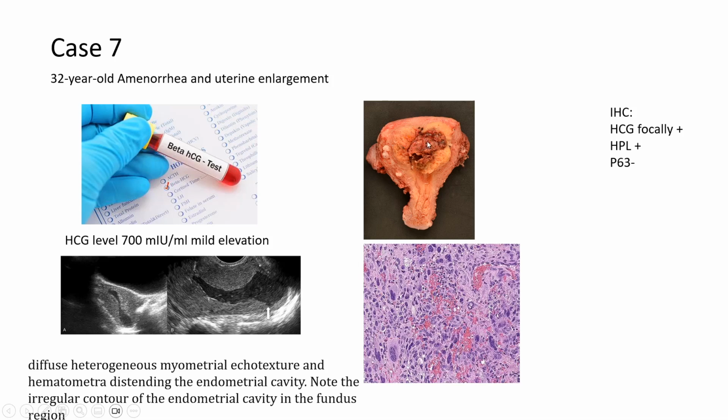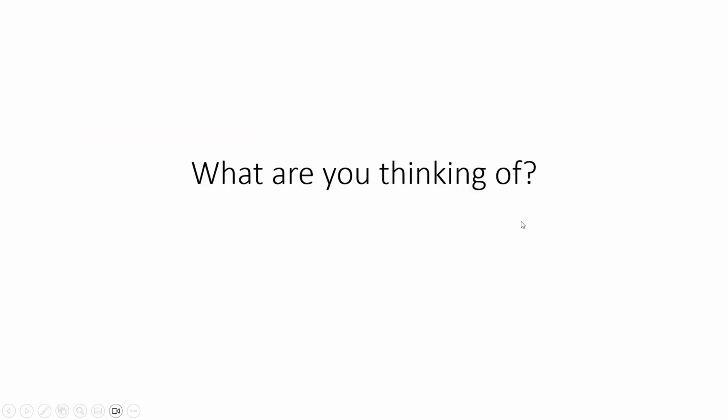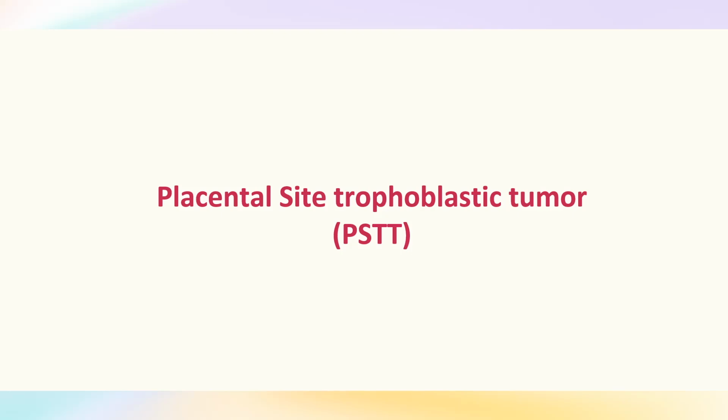That was the tumor grossly, and that was the tumor microscopic. You can see it has the atypia that is high this time. Okay, we had the IHC, immunohistochemistry. The HCG was focally positive, so this again is the choriocarcinoma. We had a P63 negative, so this again is an epithelioid trophoblastic tumor, but we have an HPL that was diffusely positive, so this goes with, what do you think? Yes, a placental site trophoblastic tumor.